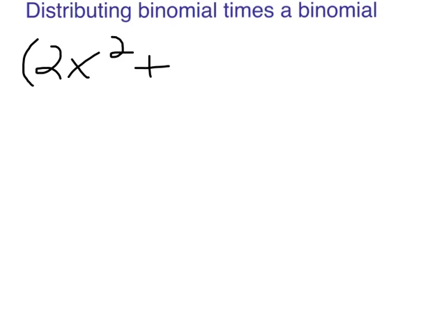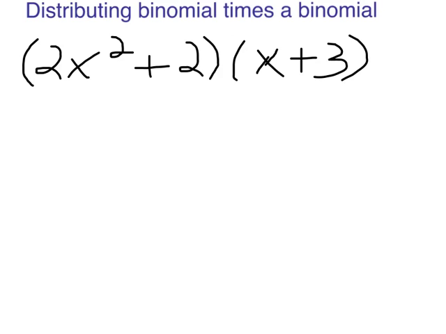And so we have 2x squared plus 2, and then I'm going to do x plus 3. We'll just keep signs something we know easily. Let's start with the first term of the first binomial, and let's factor that through to the first term of the second binomial, and then the second term of the second binomial. So let's rewrite that as